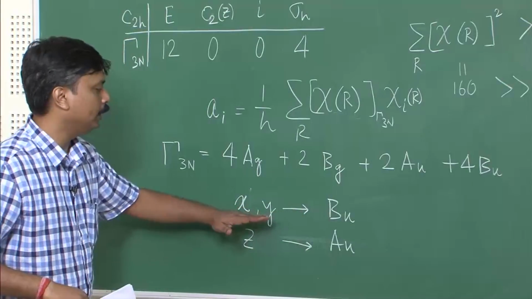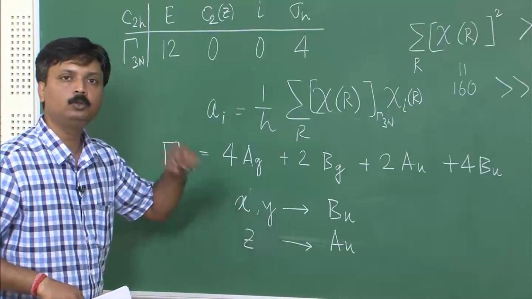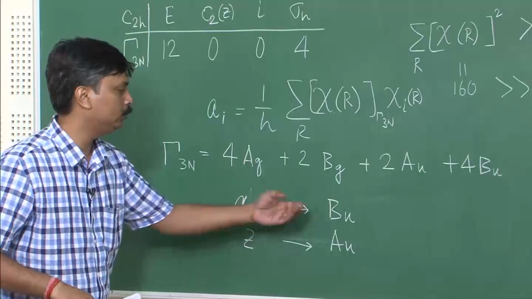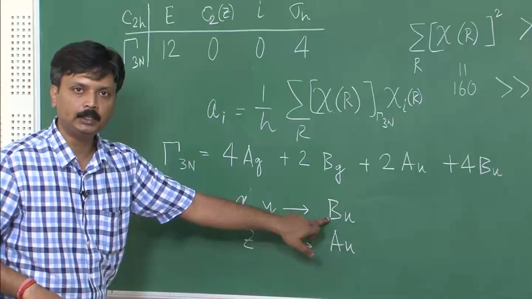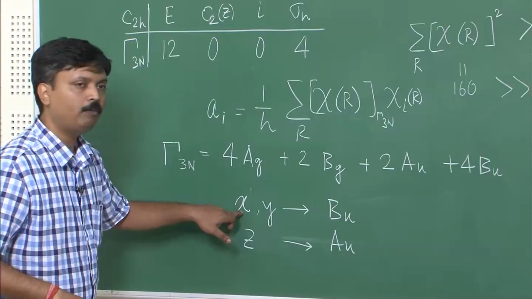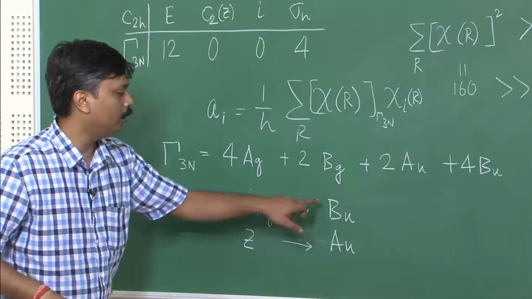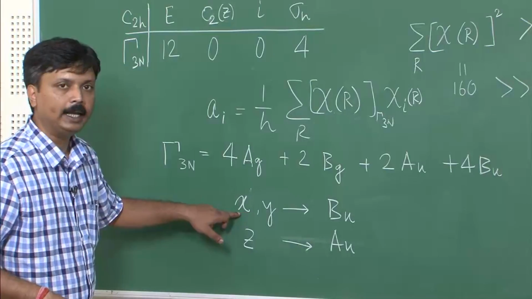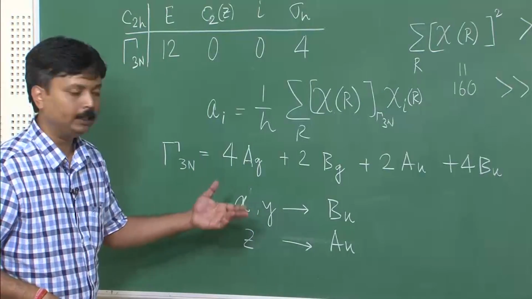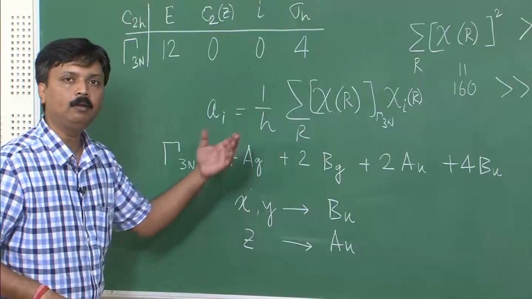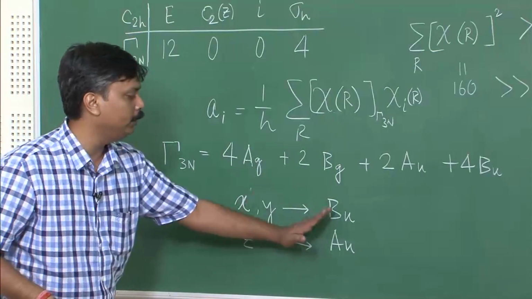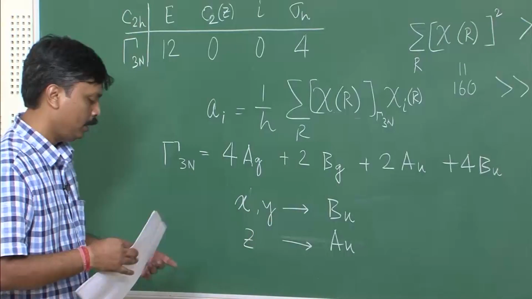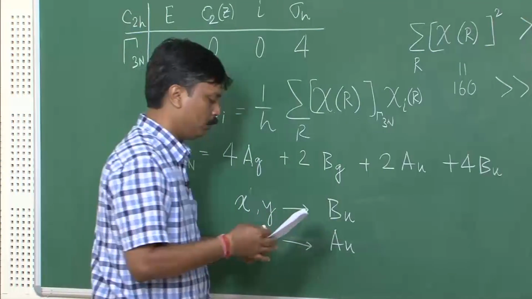So you can immediately figure out that x, y do not transform as Bu together, but individually, because this is a one dimensional representation, right. So one function, which is like x, it's not like xy or xz. So x alone can give you only one dimensional representation. So x also transforms as Bu, y also transforms as Bu, and z transforms as Au, while